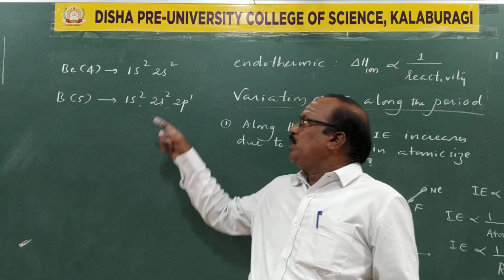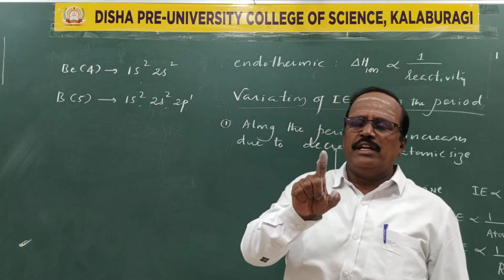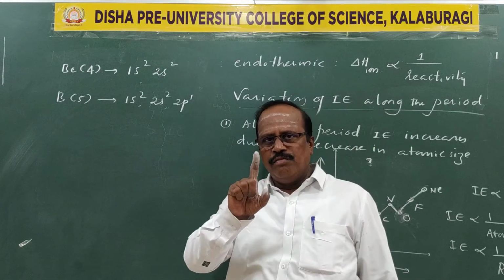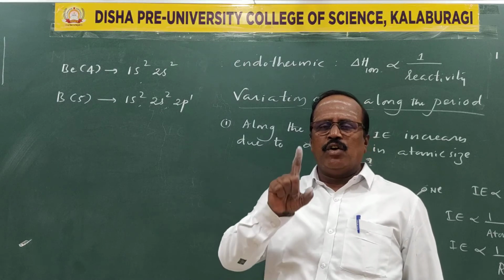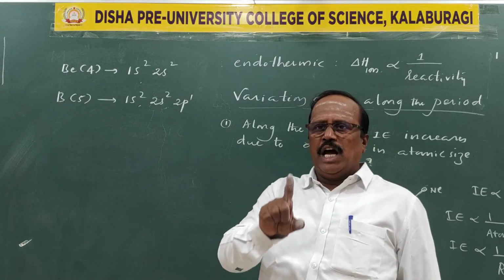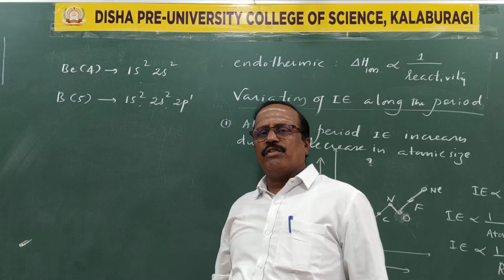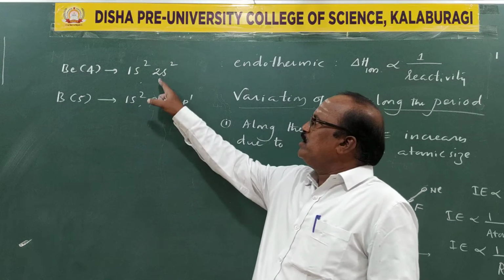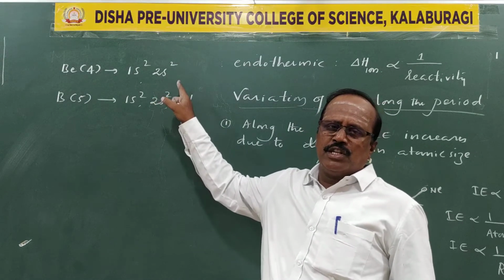Once again, if you see the electronic configuration, one thing you decide always: the half-filled configuration and fully filled configuration are more symmetric configurations, they have got more stability. To disturb such configurations we have to supply more amount of energy. So the answer I give in limited words: since in case of beryllium it is a fully filled, more stable